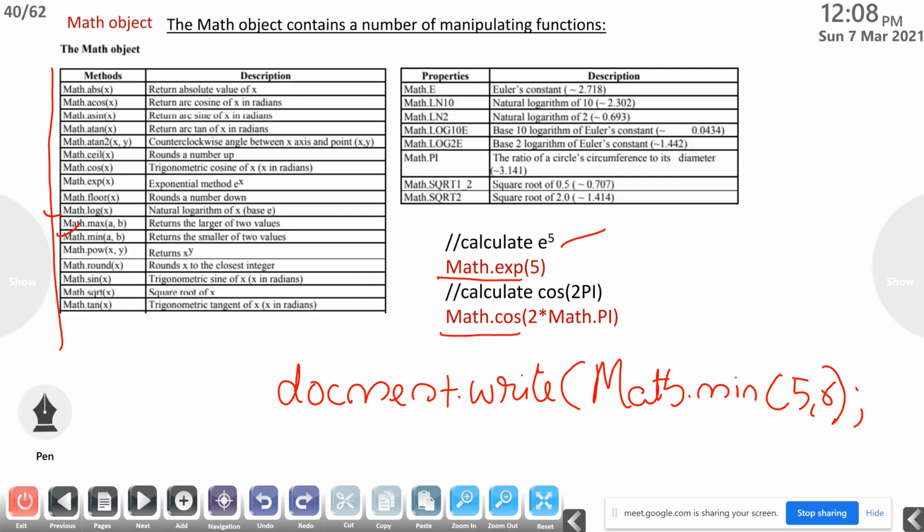What will be the output? From those values, the minimum value, that is the smallest value, will be printed. So it will print 5. Again, you can use the max function here, Math.max of 5,6. It will print the largest one. That is, it will print 6. Like that, you can check the math objects.